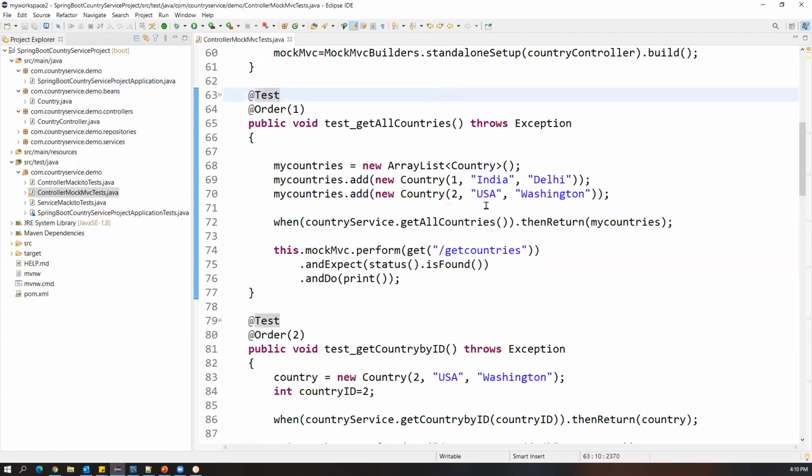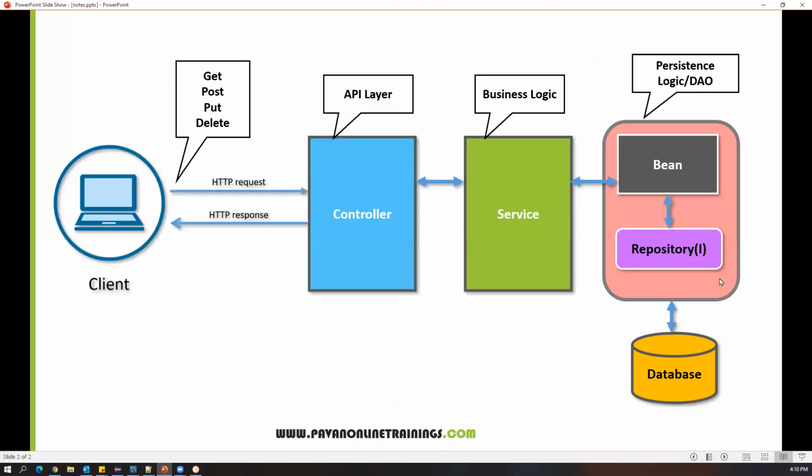So this is how we can write unit test cases at the different levels of the microservices. Now, again, if I look at the picture, we have written unit test cases for the service layer using the Mockito framework. We have created unit test cases for the controller layer again using the Mockito framework. And also we have created unit test cases for the controller layer using MockMvc along with the Mockito framework.